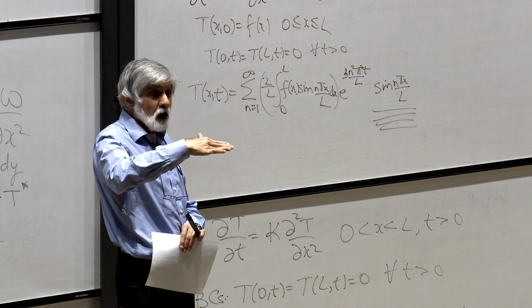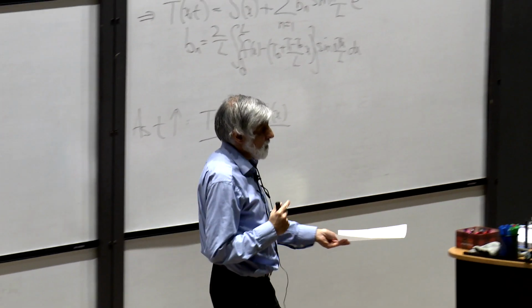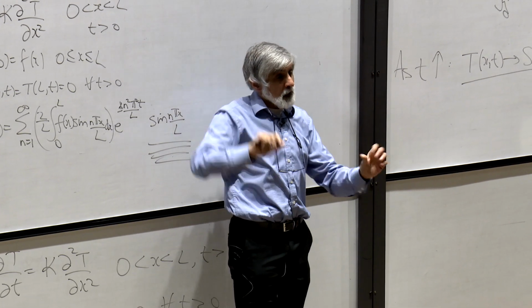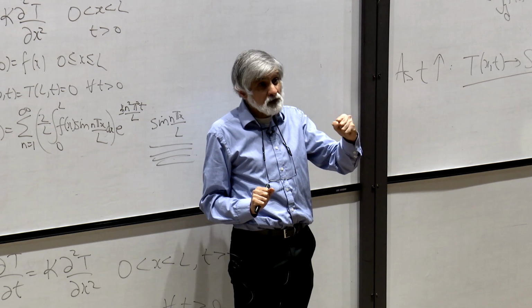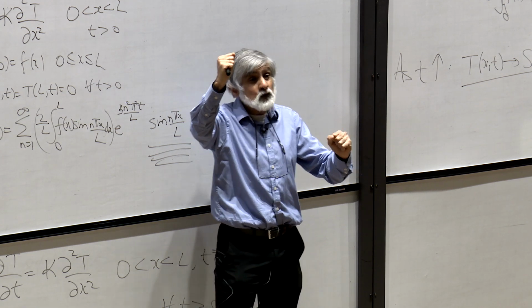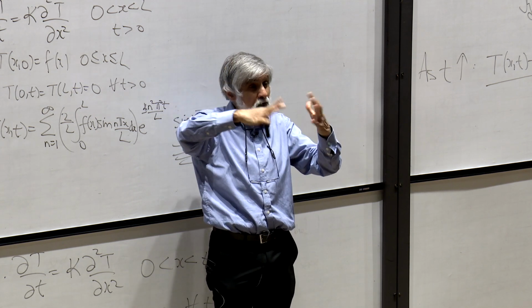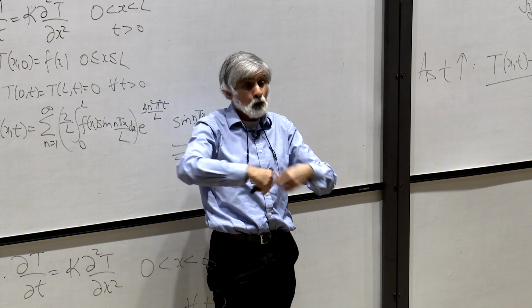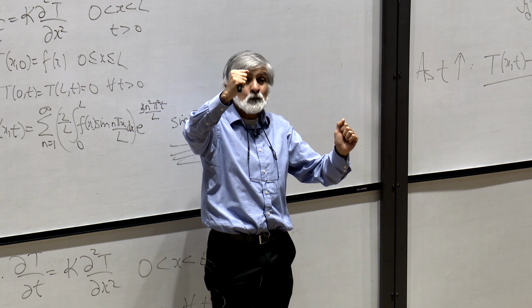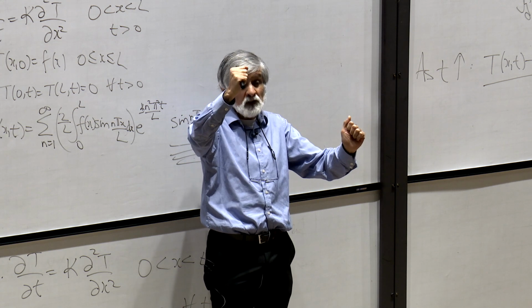So what this is telling us is that if we start off with this rod and we fix one end to be T naught and we fix the other end to be at T1, then it doesn't matter what the initial conditions are, whether we put a lot of heat at the beginning or we put no heat at the beginning. In the end, the system will behave as if it was just T naught at one end, T1 at the other end.